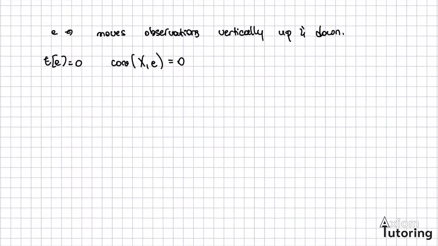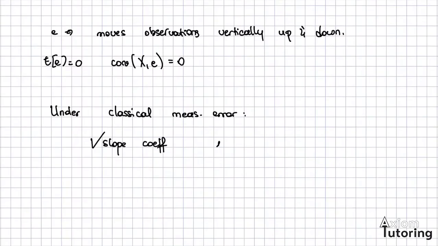So under classical measurement error, what happens is that the slope coefficient remains the same, okay? So it's unbiased. The intercept also unbiased,